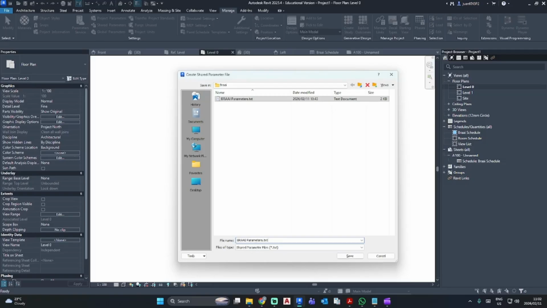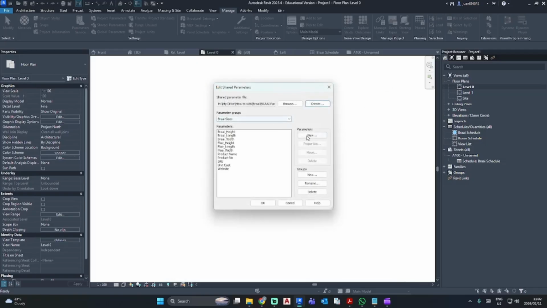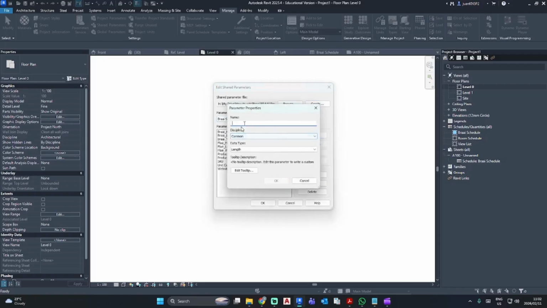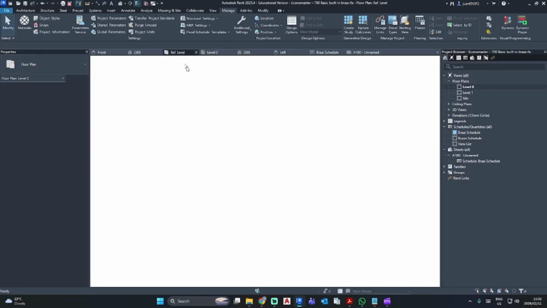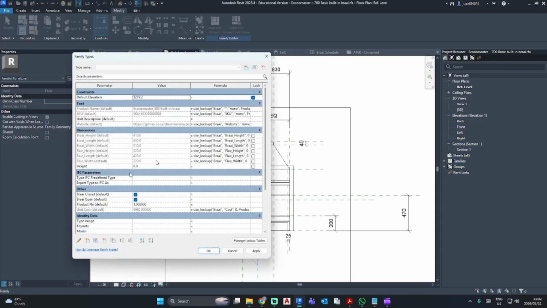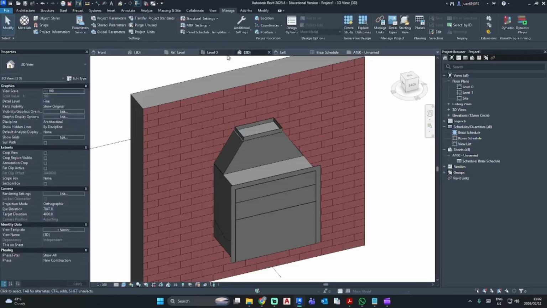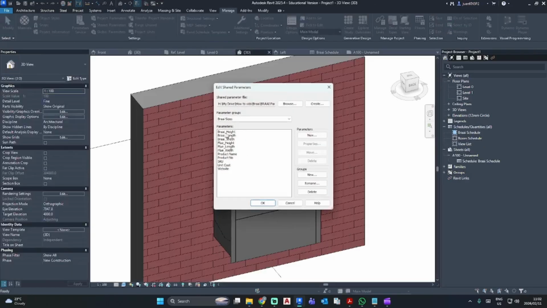Just give it the name, braai parameters, save it, and then go new. So the parameters we have to do here is all of these custom parameters we set here. So this is a normal family parameter that we have created, and we are now having to redo them as shared parameters. As you can see that I've included all of them.